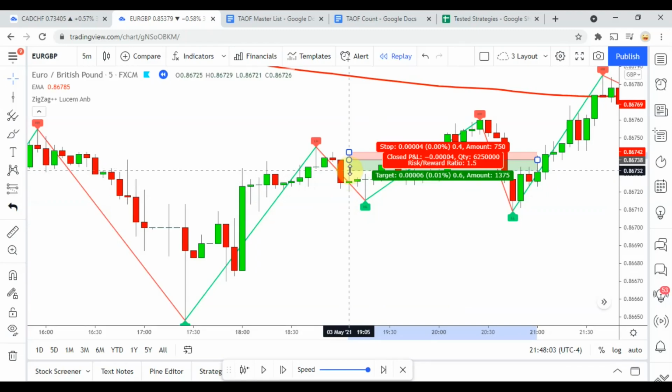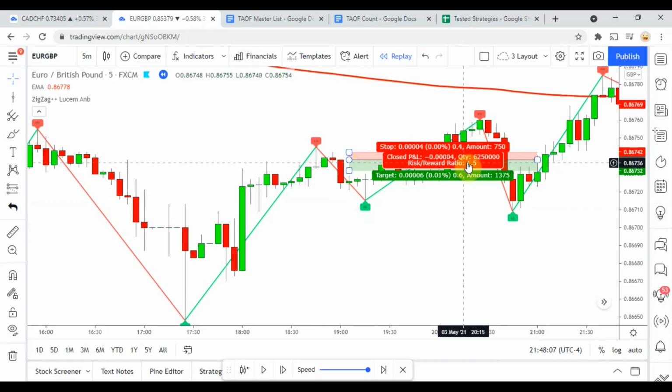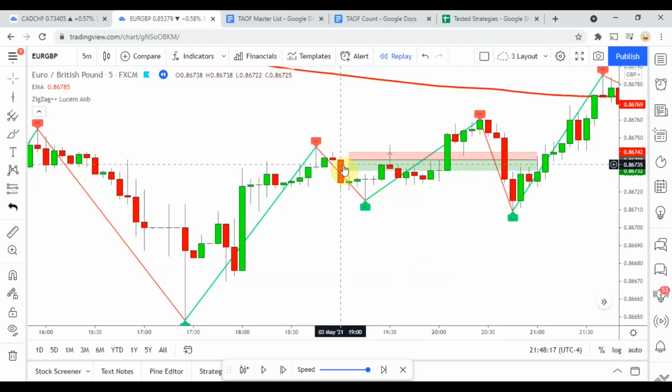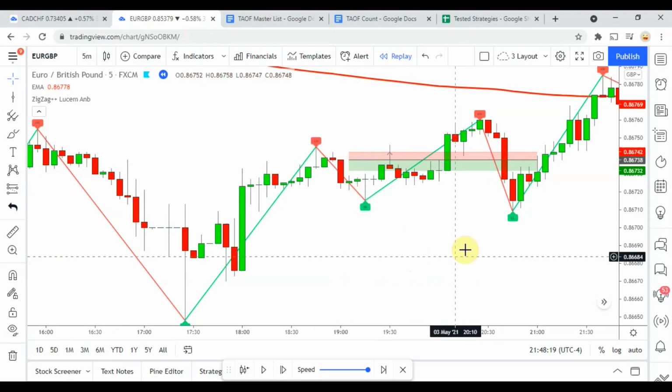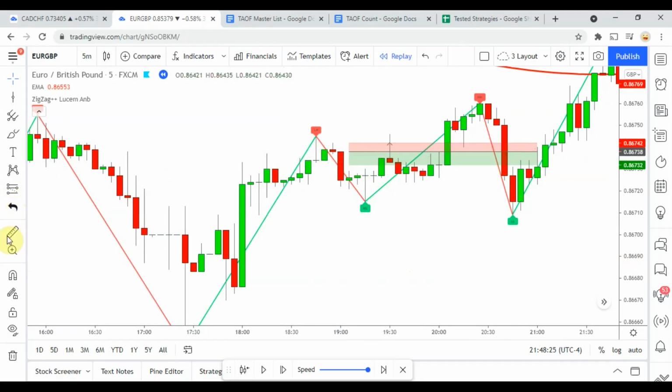Actually, let me dial this in here because we were on the wrong spot. It's not going to let me do it because it's so small. So right here, risk reward 1.5, we'd be looking for a 1.3, actually not over here on this side, not the target side. And then we would ride that out, and you can see here that it got us to take profit here, but it was only a matter of, I think,